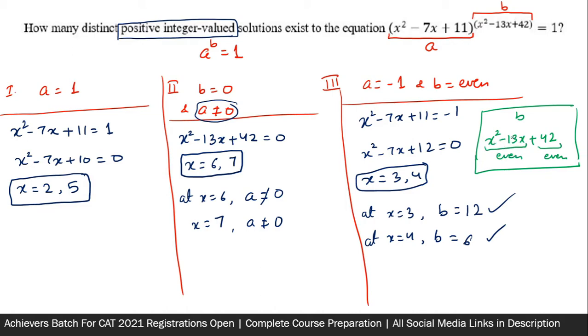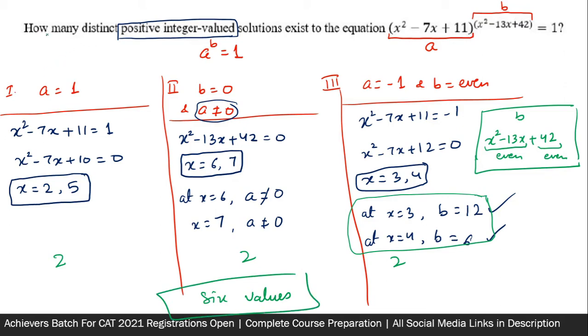So I think this expression is always going to be even, that we are sure of, if we are putting x as an integer. So I think we didn't need to check so much, but still I did that to the satisfaction of everybody who is watching the video. So I think we can conclude the question by saying that 2 values here, 2 values here, and 2 values here, overall 6 values of x satisfy.